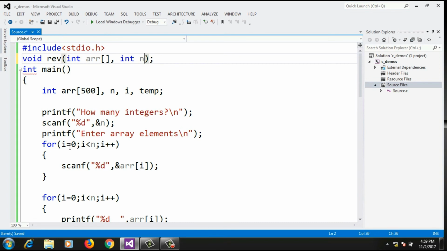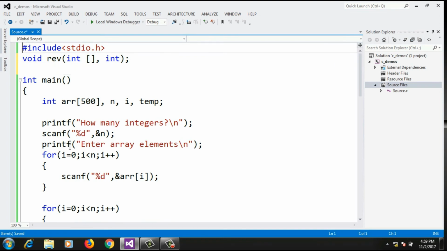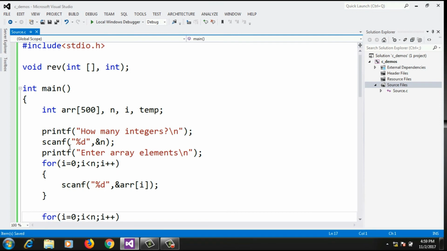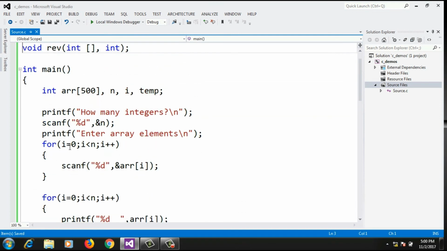In the declaration there is no need to mention the names of the formal arguments, so I will remove that n and arr. I will simply write the data type of the arguments. Now the variables temp and i, rather only temp, I don't need temp here, i is required.